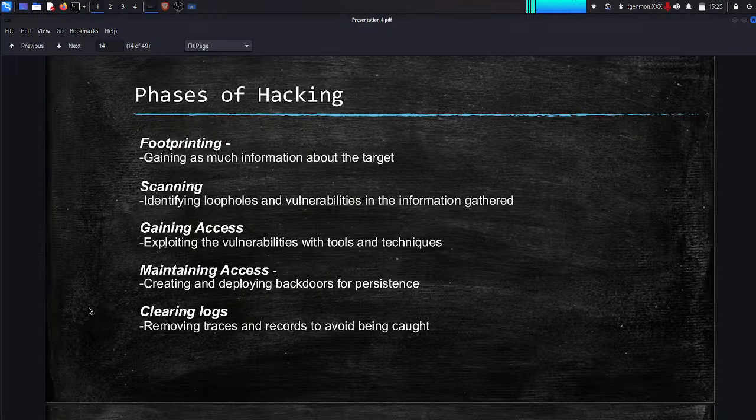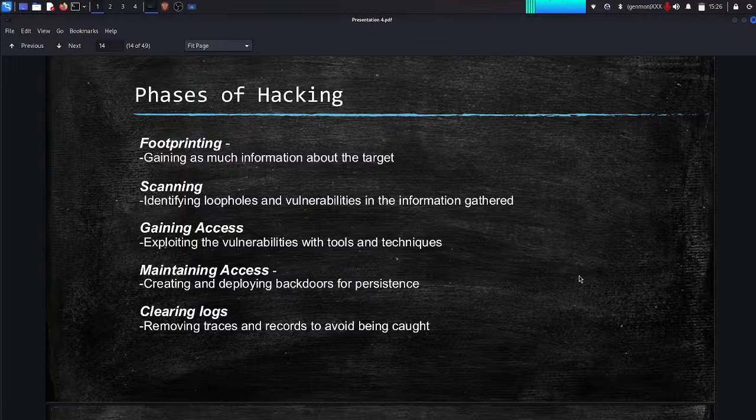So when there is a criminal activity, if we talk about hacking, whether good or bad, we should have a criminal mindset: how to exploit a system, how to cause harm. Let's take the example of a criminal. When he or she commits a crime, he hides the traces of it. He destroys all the information about himself. That is what we are doing: clearing the logs.